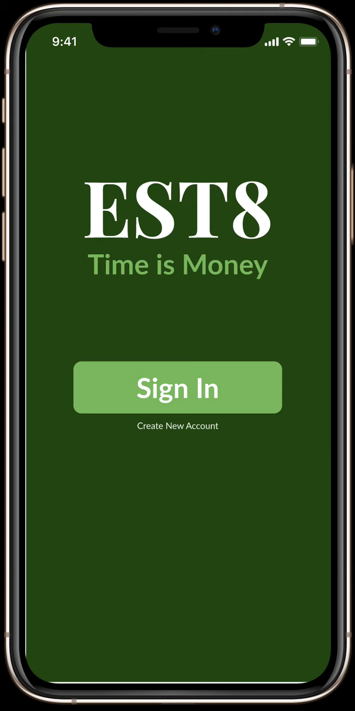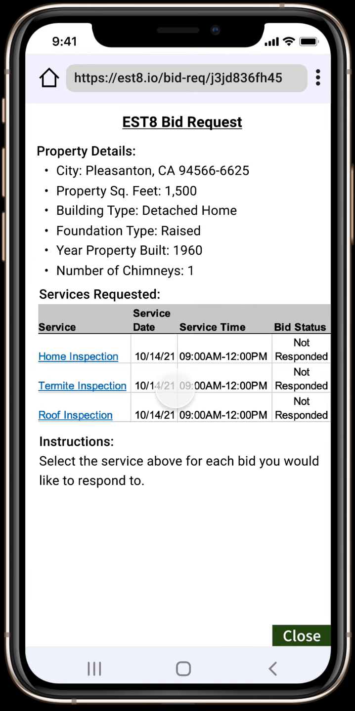When the responder clicks on the link, they will be driven to the EST8 web app login page. They may have the login cached, so in that case, they would go directly to the bid response page. In this case, they don't have it cached. If they don't have an account, they can create a new account. So in this case, let's say that they do have an account set up. They'll go ahead and click the sign in button,